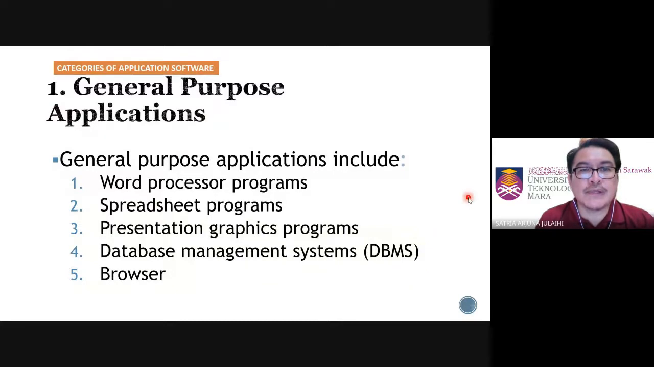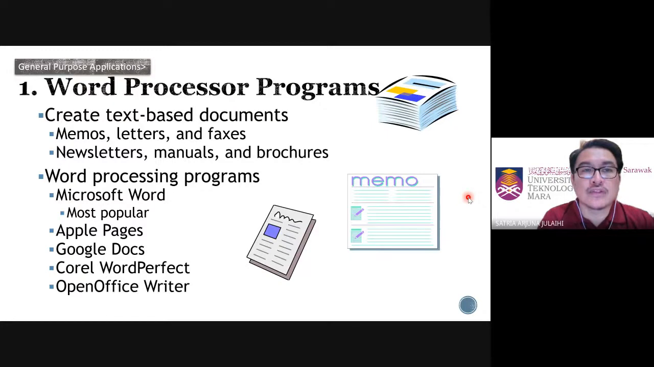Okay, general purpose application. As I've mentioned just now, a lot of this general purpose application we have been using. Word processor, spreadsheet program, presentation, maybe database. Not a lot of people use it directly. And then browser. A lot of people, of course, use browser programs. So we start with word processing